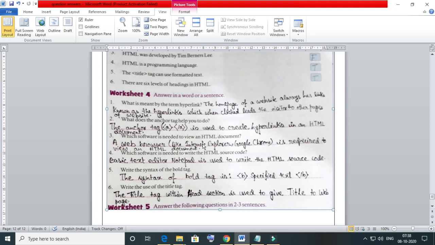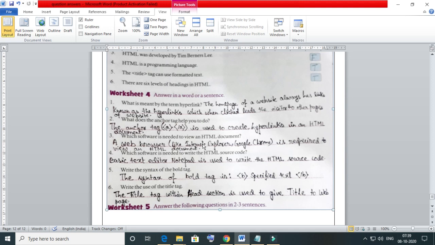And third question, which software is needed to view an HTML document? A web browser like Internet Explorer, Google Chrome is required to view an HTML document. Next, fourth one, which software is needed to write the HTML source code? To write the HTML source code, as we all know, Notepad, the basic text editor, is required.